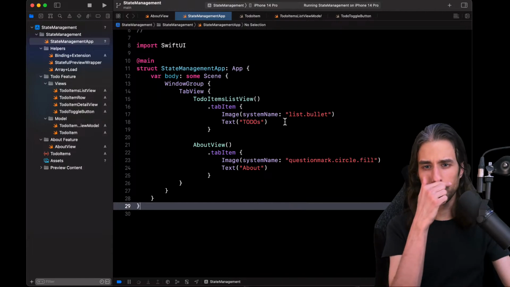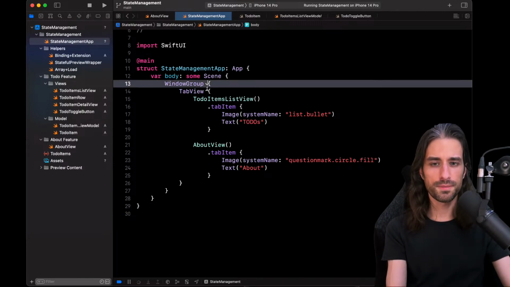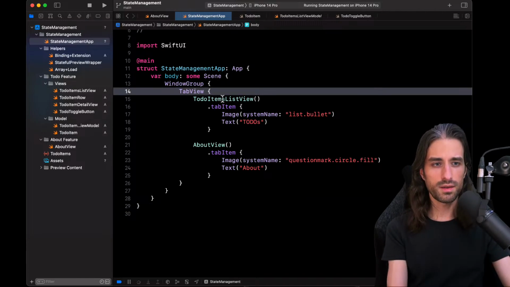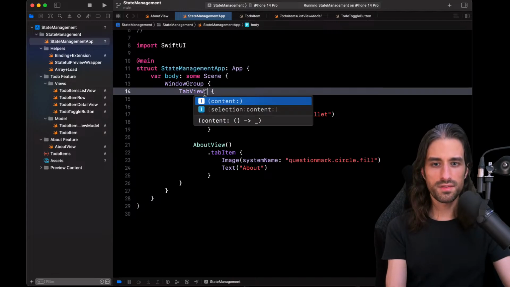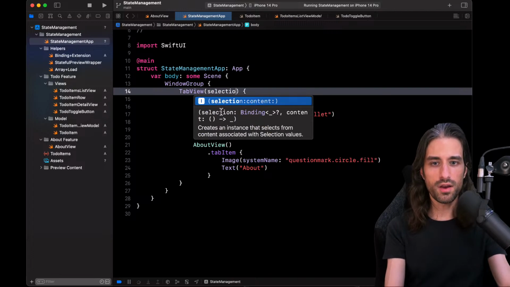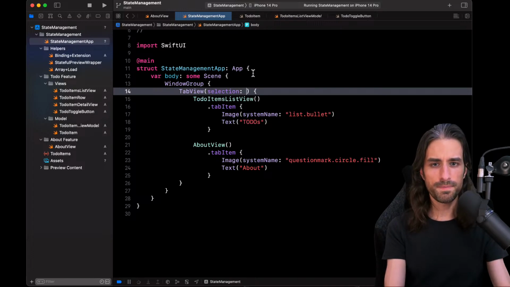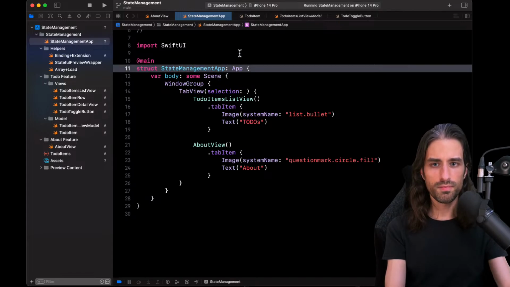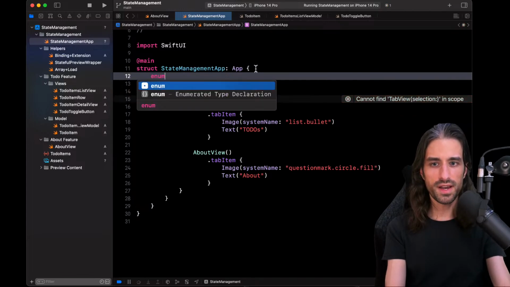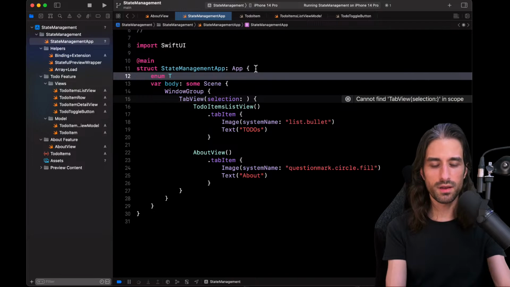I'm just going to show you what it would look like if you wanted to be able to get which view is selected. So we have the selection argument we can pass. It will be a binding. Here, what you would probably do is define an enum, which would be the tabs.